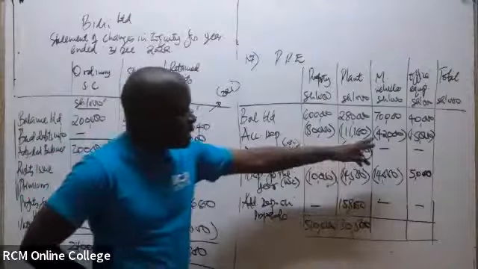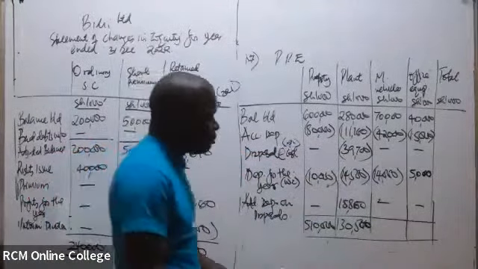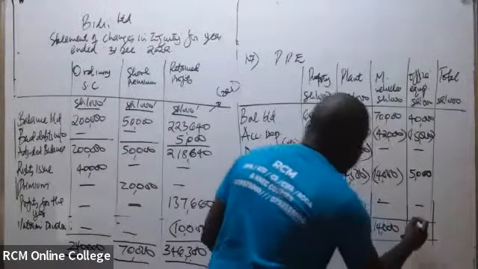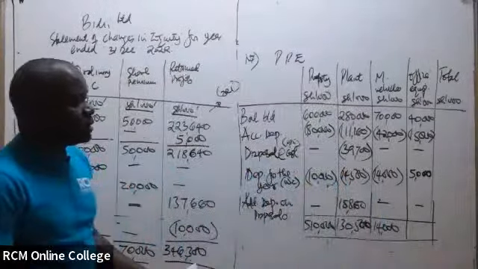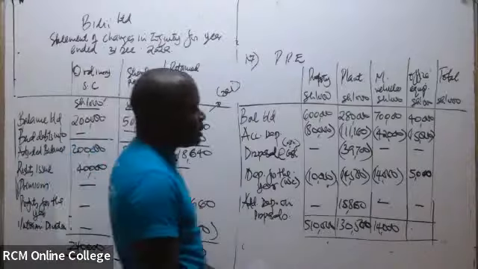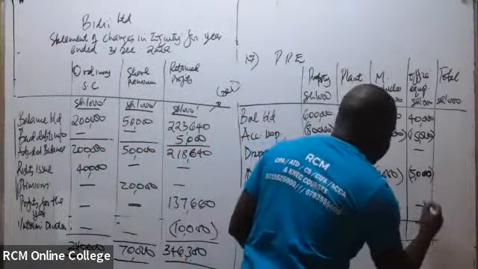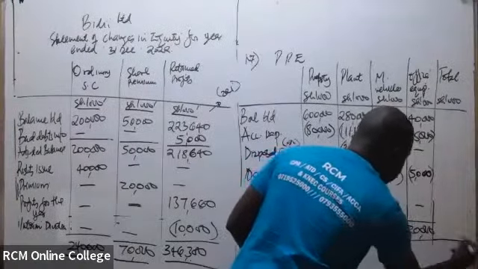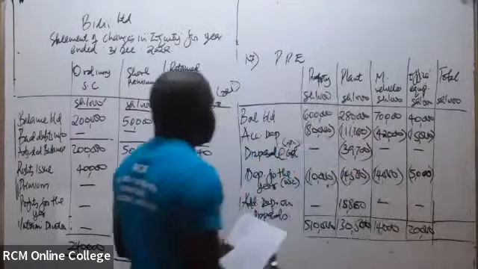So here it is how much? It is 14 million. This one is 14 million. And this one is how much? I think it is 20 million. I think it should be 20 million. Then you can add the total, because in this case, you're going to take the total figure for